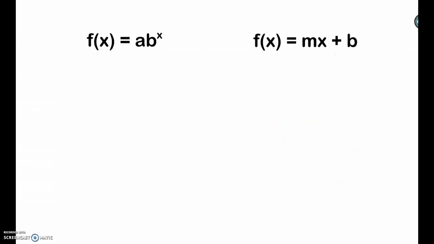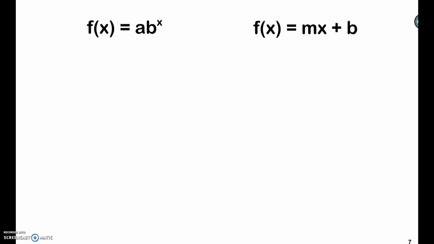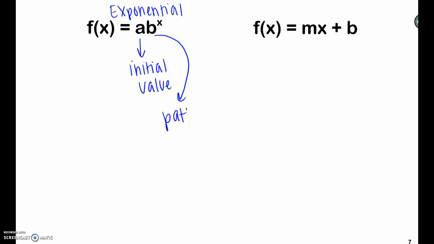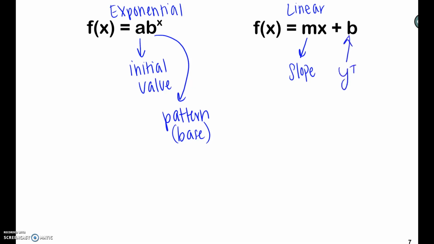So when we look at the differences between these two, just to kind of wrap up our thoughts, our A value in our exponential functions represents our initial value. Initial value, kind of like our y-intercept. Our B value represents our pattern and our base. Our x represents inputs. In our linear equations, our m represents our slope, and that's similar to the pattern as well. Our B represents our y-intercept, and another word for y-intercept is our initial value,